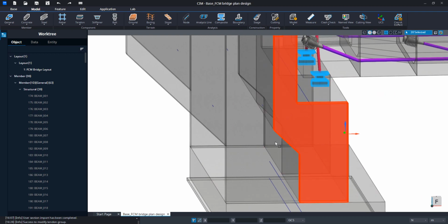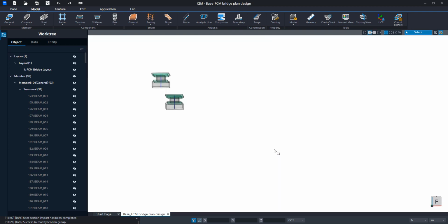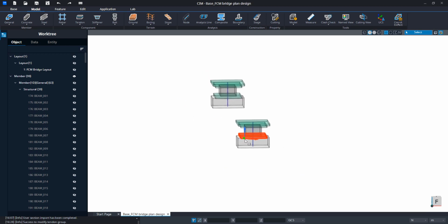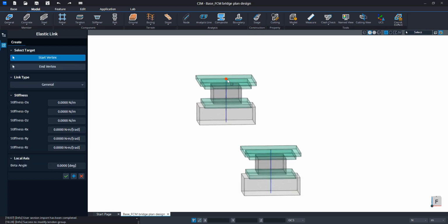And just click show only and click on the boundary and click elastic. So click on the first vertex and the end vertex